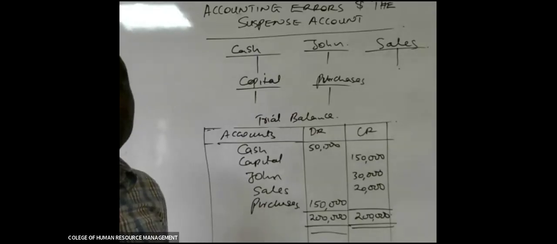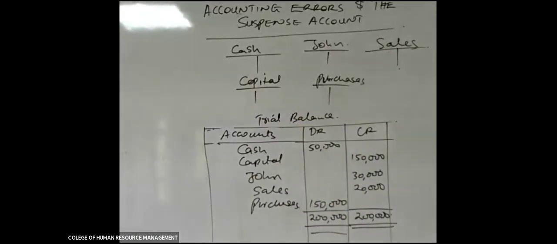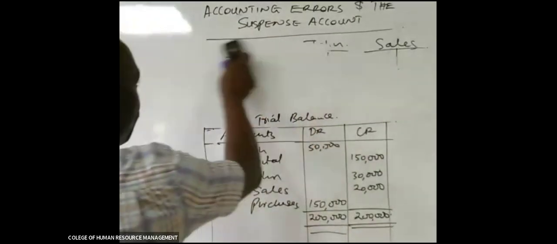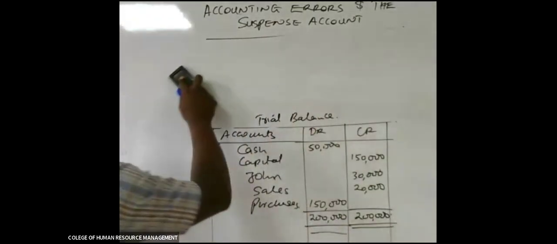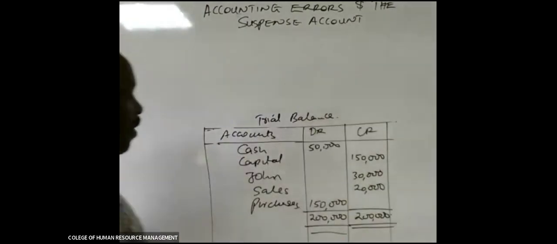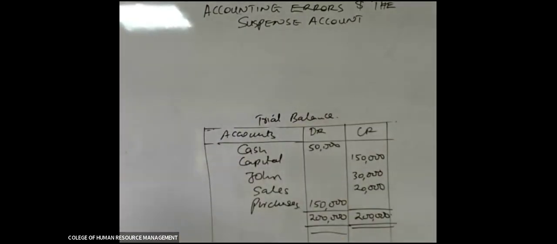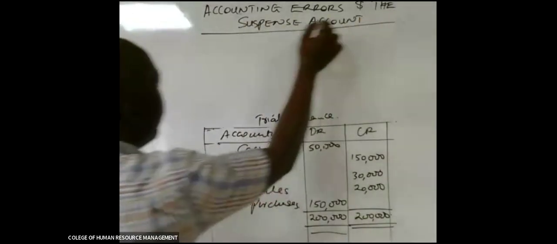Generally, we can say that accounting errors are classified into two. The first category of accounting errors is